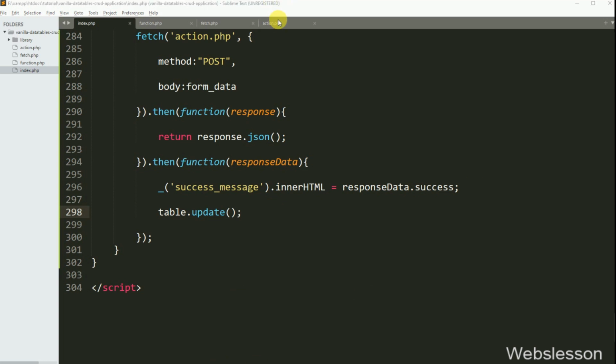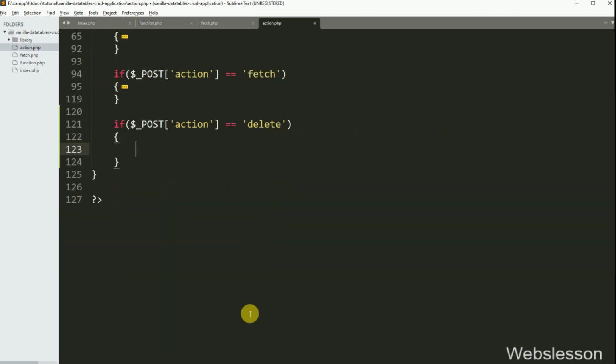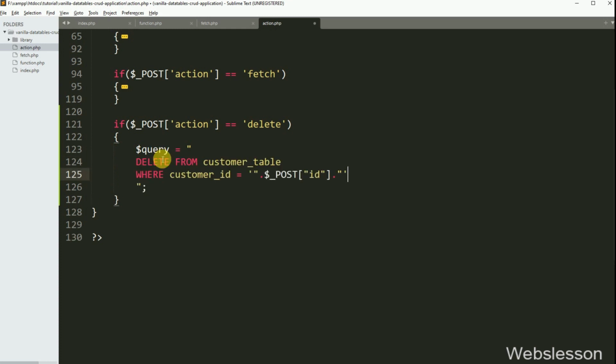Now we have gone into the action.php file, and here we have written an if statement, and under the condition we have written $_POST action variable value equal to delete. If this condition is true, it will execute the if block of code, and under this block we have written the $query variable equal to delete from customer table where customer id is equal to the $_POST id variable value.